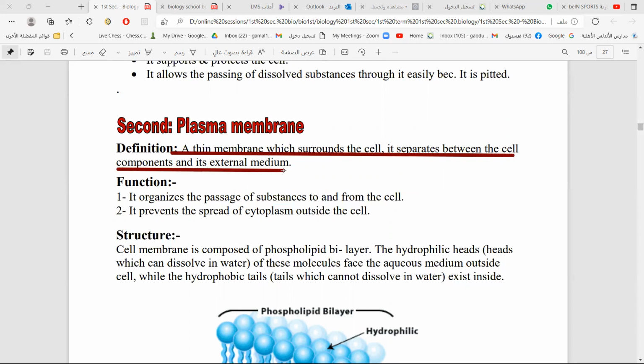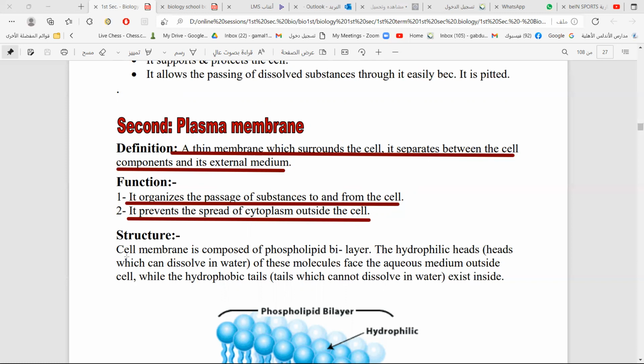It separates the cytoplasm from the external medium. Its function is organizing the passage of substances. It has a property called selective permeability. Selective permeability means it can choose what substances pass inside and outside the cell. It prevents the spread of cytoplasm outside the cell, and it can choose what substance can pass and what substance